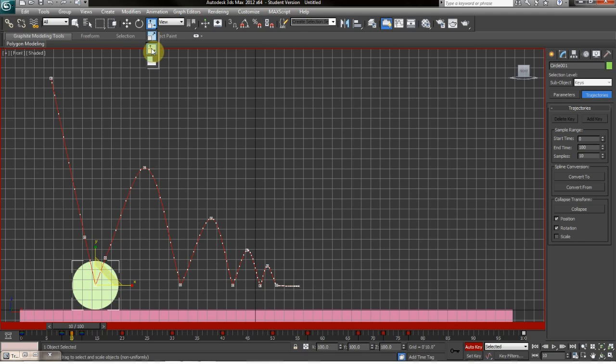Probably non-uniform scale, I guess. But we're just going to use the squash tool. And it really makes the ball really stretchy. Like cartoony, like Goofy or something. So we're just going to stretch them out, really exaggerate that collision, and actually move it down too,